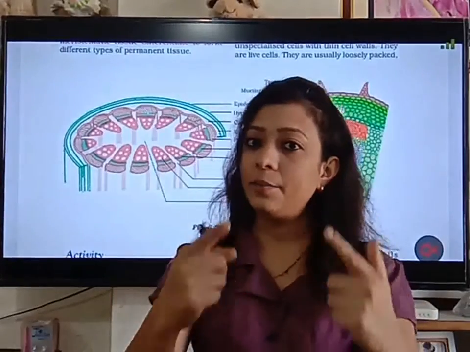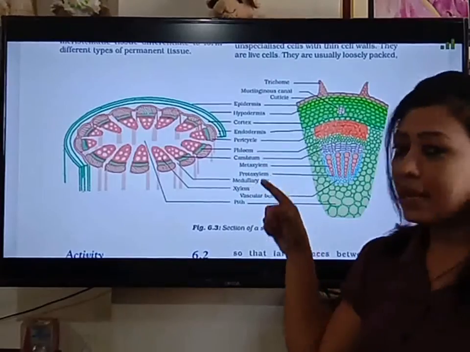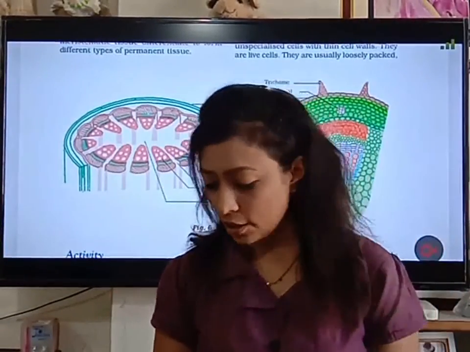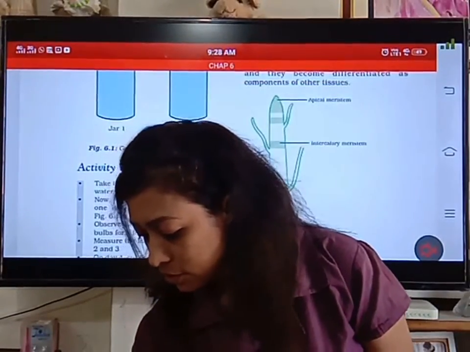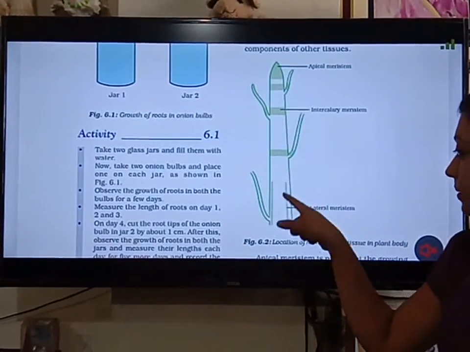And the second important function of the cambium is that this cambium contains lateral meristem, which we have already discussed. So I will show you that screen, so you will again come to know what that actually is. So children, here you can see what is written, lateral meristem. This lateral meristem.